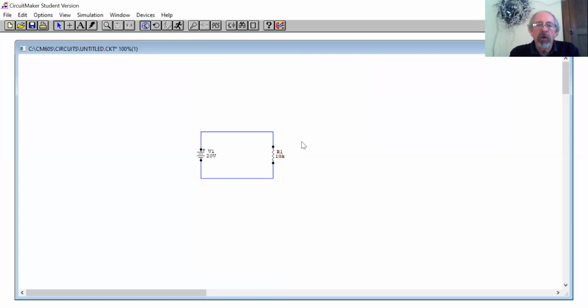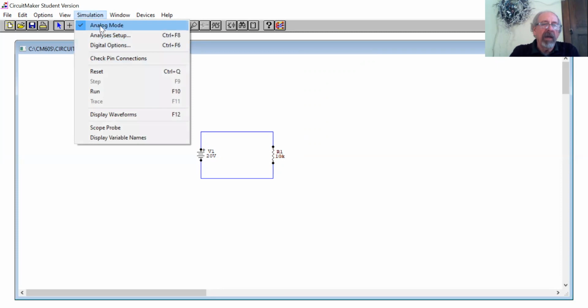In Tinkercad, we'd have a proto board with a 10k ohm resistor, and a power supply that we applied to the proto board and then eventually to the resistor to build the circuit. This is just simply a schematic. Now, if I go over to simulation and click on that, I'll discover I have things like running the simulation,